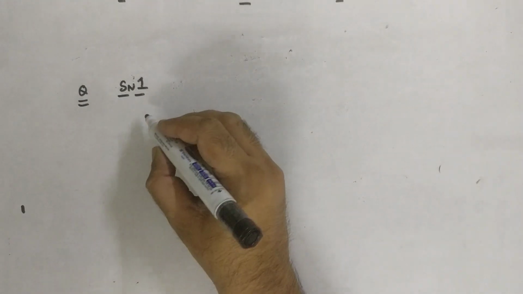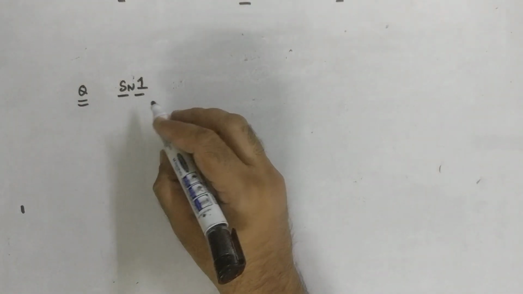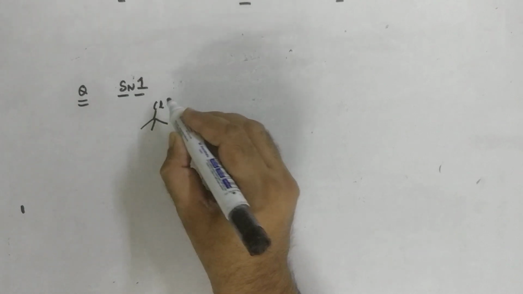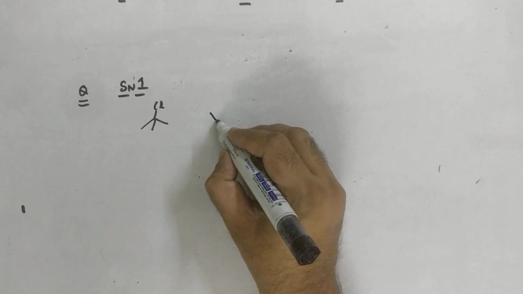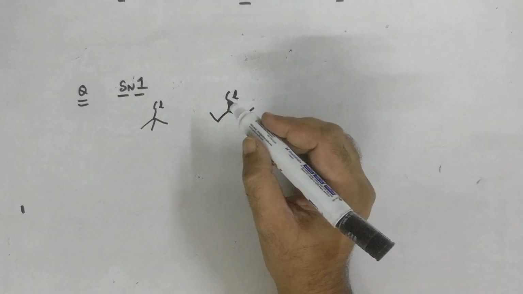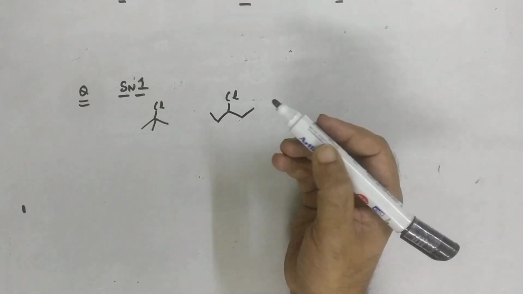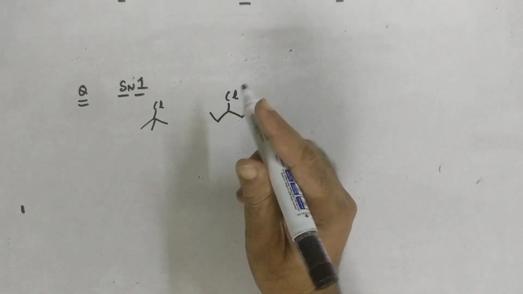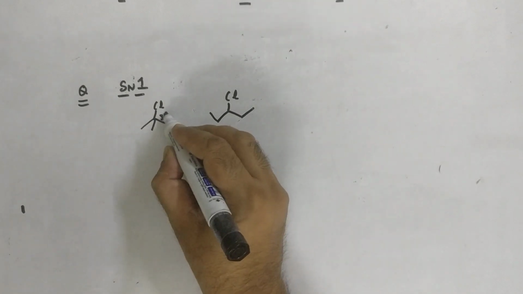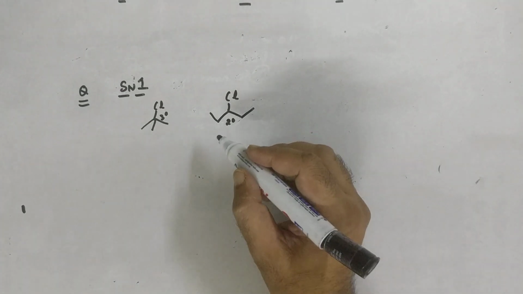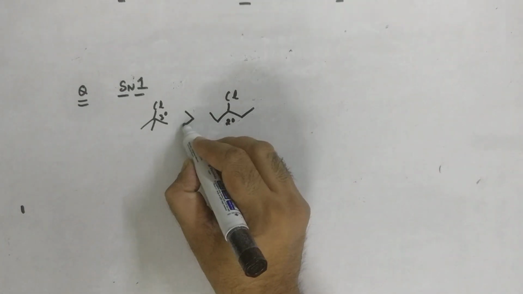So again, for a pair of compounds, you have to compare the reactivity towards the SN1 mechanism. The first one given is like this. This is a bond line representation. This one, and the other compound is this one. You know what you do: mark them as primary, secondary and tertiary. In SN1, again I'm repeating the same thing: it is tertiary, then secondary, then primary. This is a tertiary halide. This is a secondary halide. So, out of these two, which will be more reactive? This one. Very good.